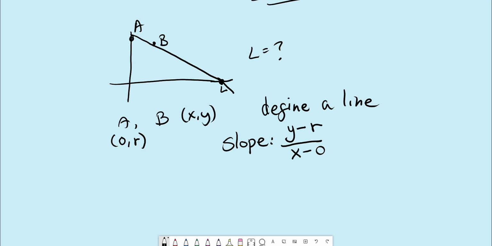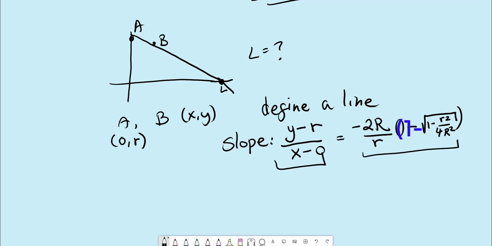I will not go into the detail, but if you do, you can find that the slope is just minus 2R divided by r times 1 minus that famous square root we have, 1 minus lowercase r squared divided by 4R squared. If you go through the algebra of this, now that we have x and y, you can figure this out. Okay, so you get the slope,